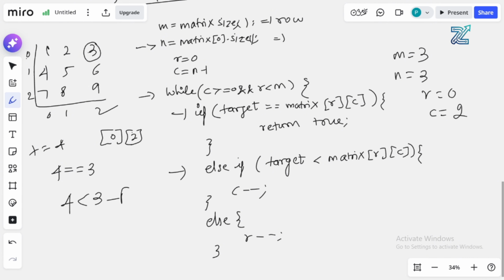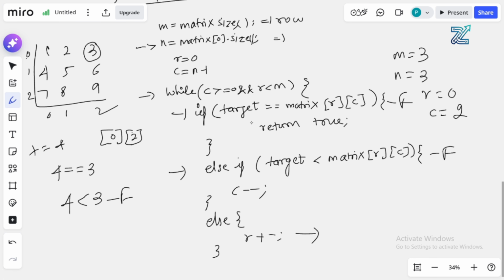It is not less than, that is false. This condition gets false and this also gets false. It will move on to this else